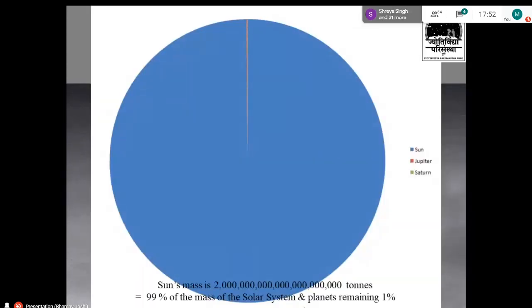So this is a picture which represents the masses of the objects. So out of the total mass of our solar system, 99% of the mass of the solar system is occupied by the sun itself. You can see the blue portion of the pie chart. This entire area is of the sun because 99% is inside the sun. And the rest of the planets, including Jupiter and Saturn, you can see a very sharp line of Jupiter and even sharper line of Saturn. So that is how small and minuscule and you can say puny the planets are in comparison to the sun.